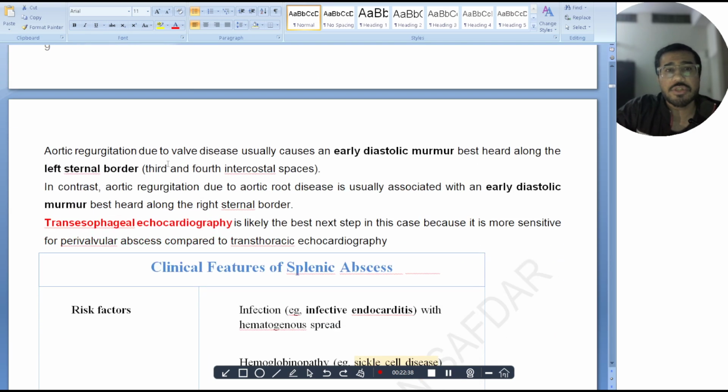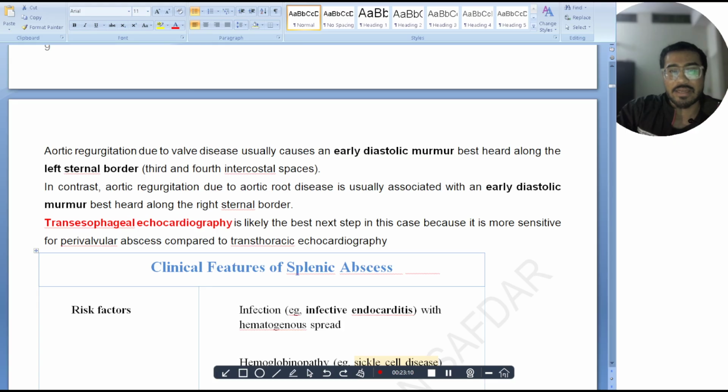Aortic regurgitation due to valve disease usually causes an early diastolic murmur. So what is the difference between aortic regurg due to aortic valve incompetence or aortic root dilation or aortic root disease? So the aortic root is basically above and the aortic valve is a little bit lower. So if there's aortic regurg due to the valve, you're gonna hear it at